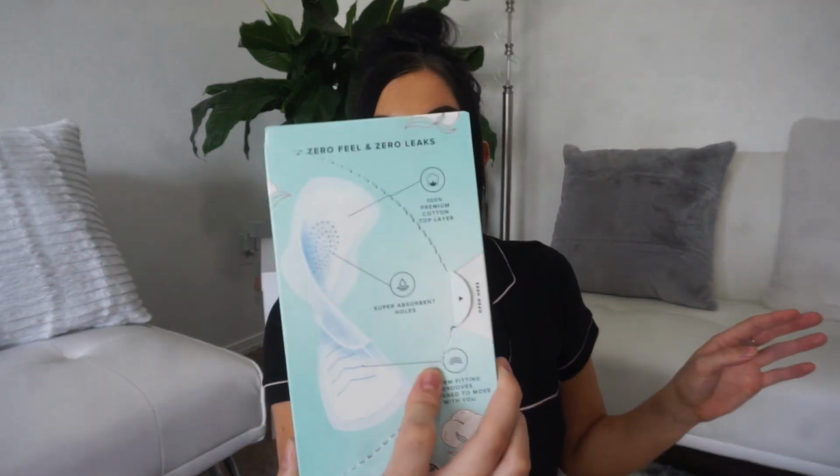But I was wearing these, and then when I was bleeding a little more lightly, I was wearing the Always Flex Foam Pure Cotton. They are free of dyes, fragrances, and chlorine bleaching. They look like this. They are flexible, super absorbent. I got the size 1. These are just much more thin. I like these because you can wear them with more pants without looking like you're wearing a pad or a diaper. These are the two kinds that I used and that I liked. I didn't have a problem with either. That's kind of it for